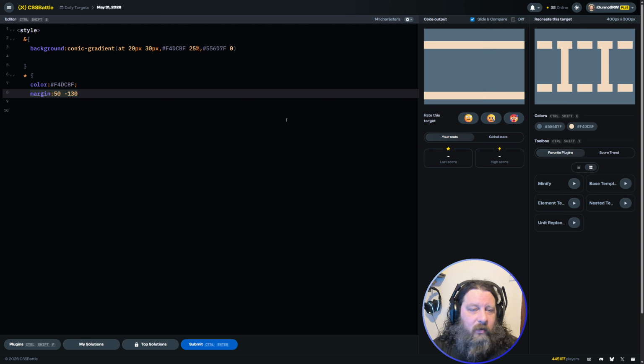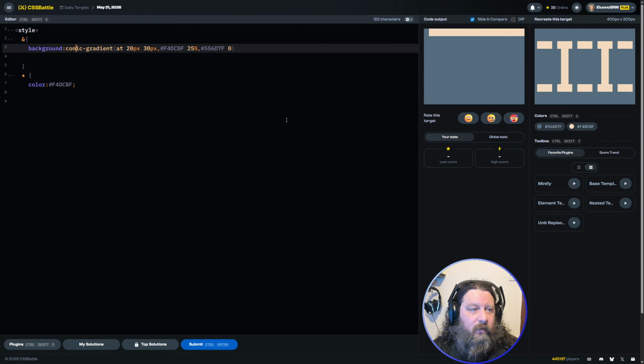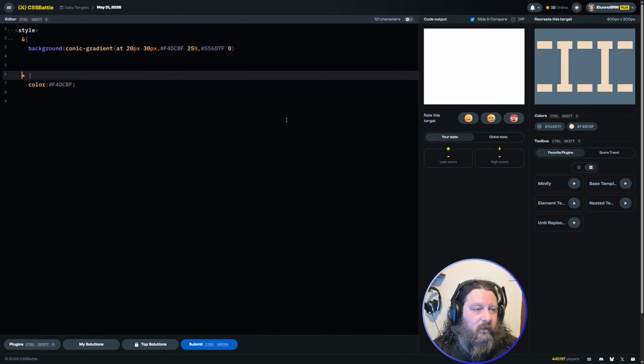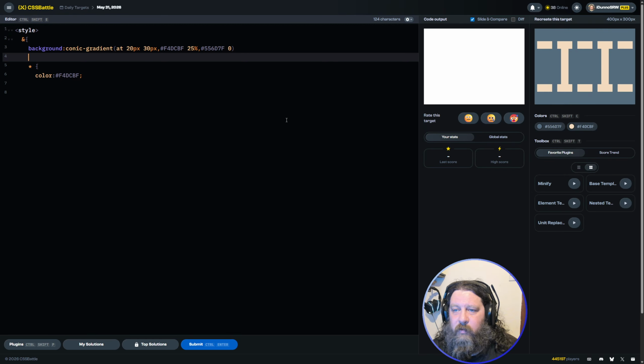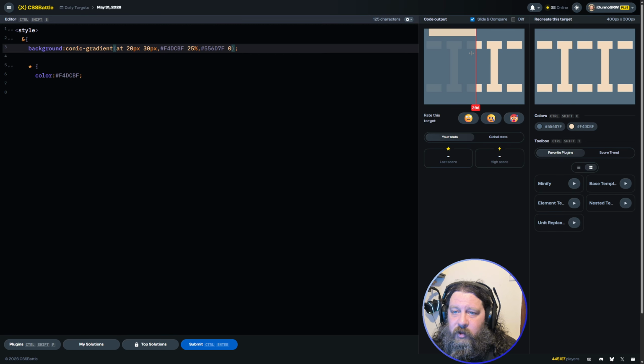So take that off of there for now. So that this is internal. And we'll give that semicolon. And we'll shift this